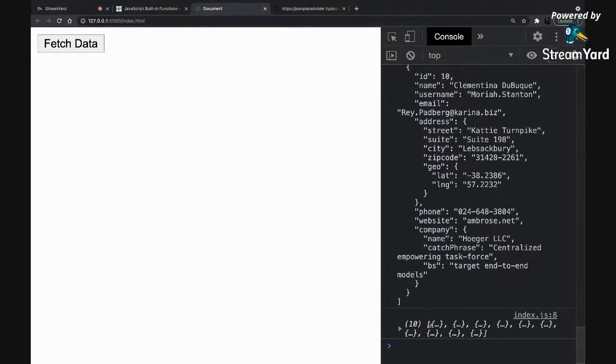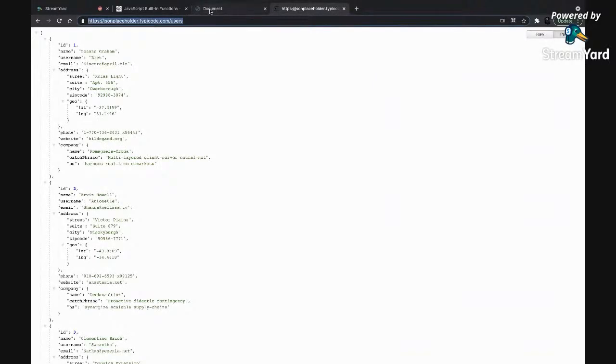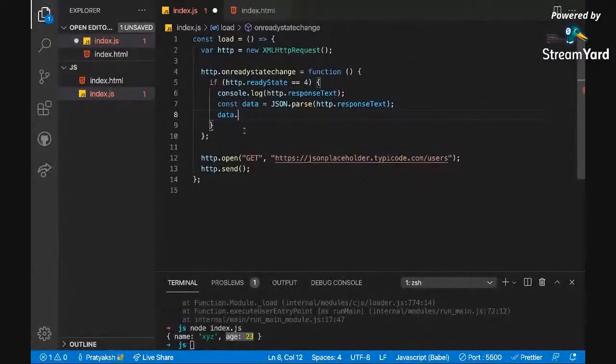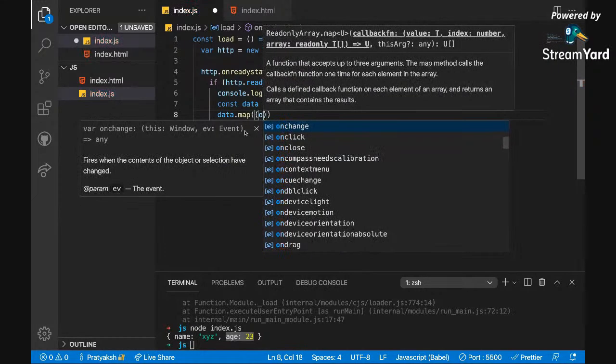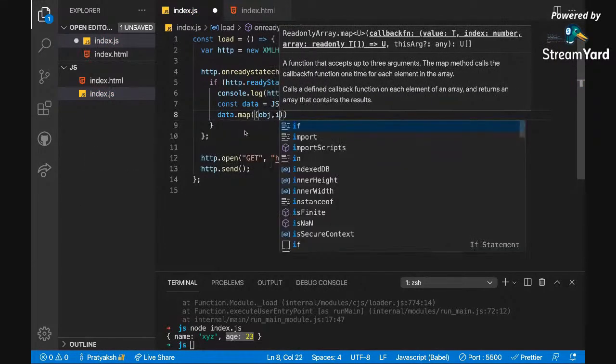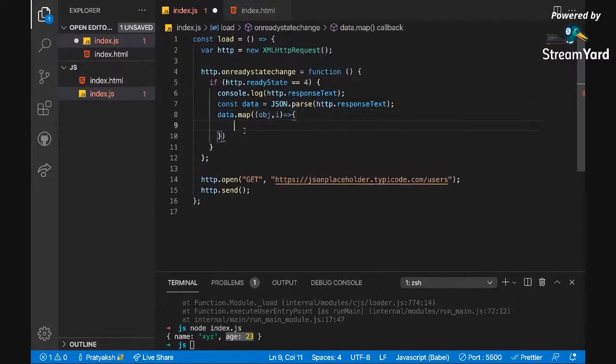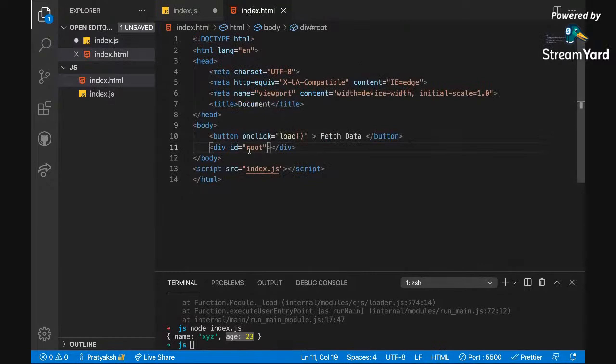You can see this square bracket, right? So you know it's an array, and here also we can see it's an array. I told you that in an array we have one of the most important functions called map. So I can just map through the data. I have an object and its index i.